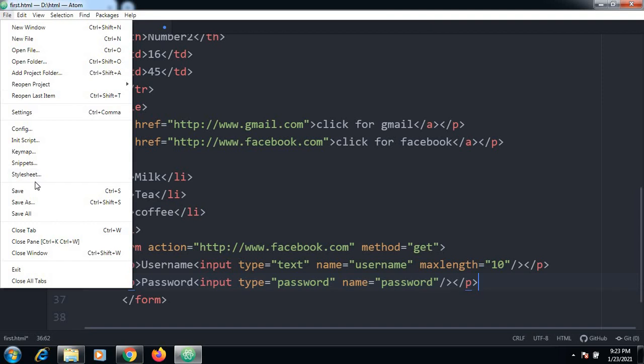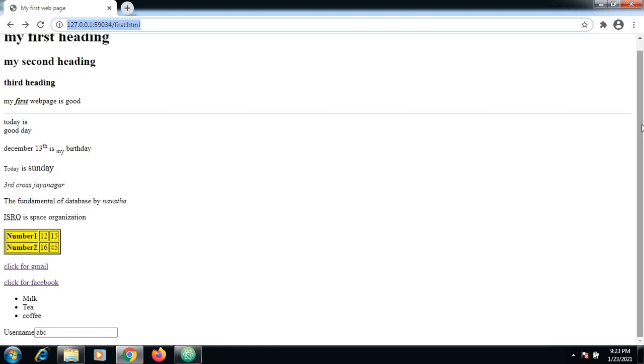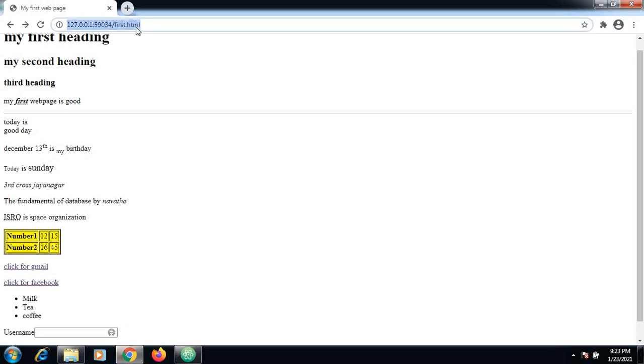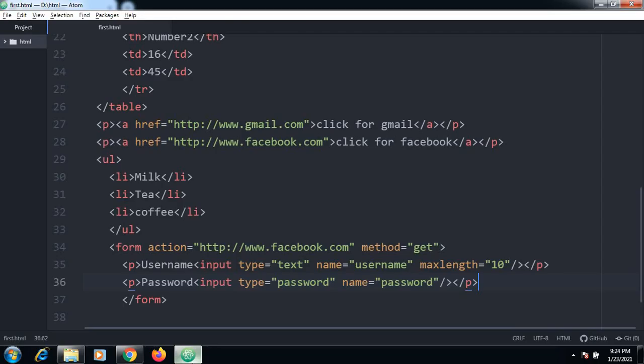So go to file and save this. Password field is also created. So whenever I enter something, this is not seen by the user. So this is the advantage of using passwords.